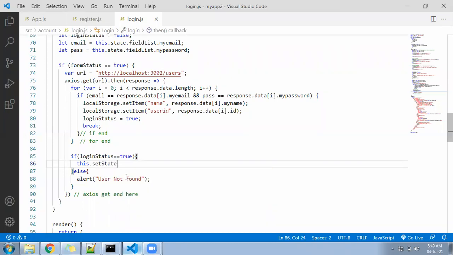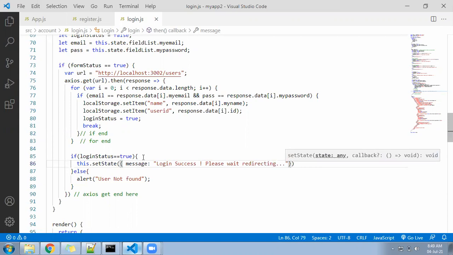In the set state, you write here, we have a variable already called message. Under the message variable, you write login success, please wait, redirecting.